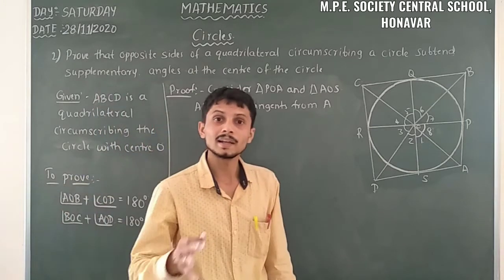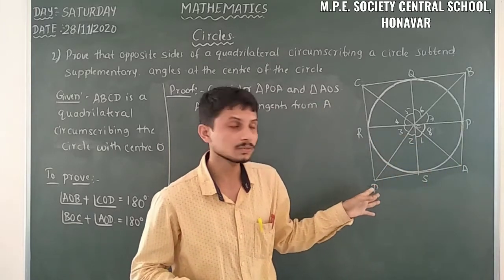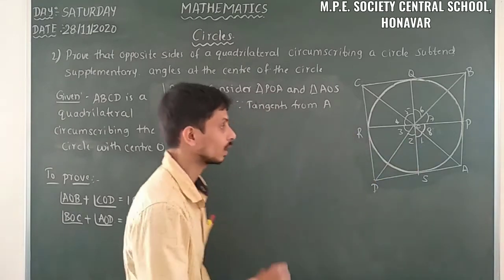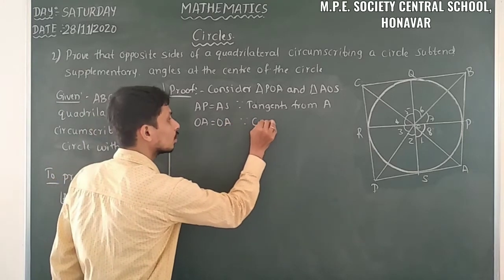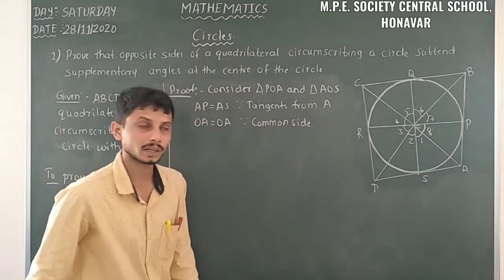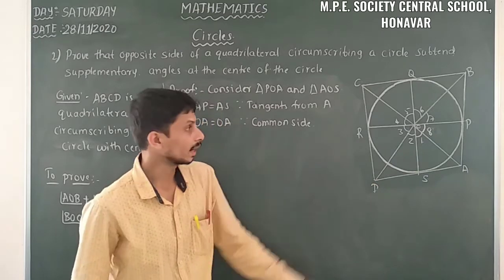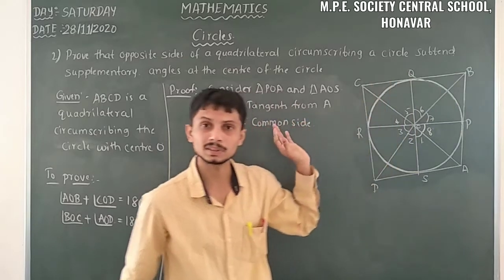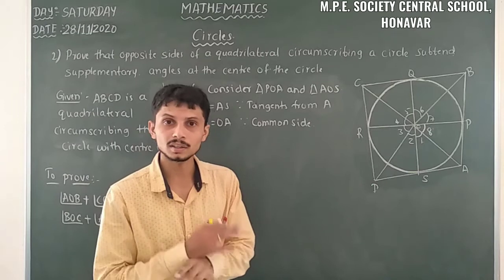Then another equality we have to search. Here just observe, OA is the common side for both these two triangles. So that's why we have to take that equality. That is OA is equal to OA because it is the common side for those two triangles. And for these two triangles, what is the common side here? OD is the common side. And for these two triangles, OC is the common side. And for these two triangles, OB is the common side. So another equality also holds good. Then let us move on to the last equality.